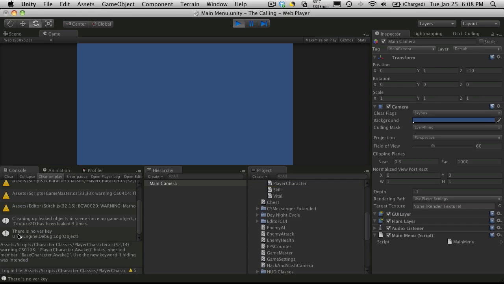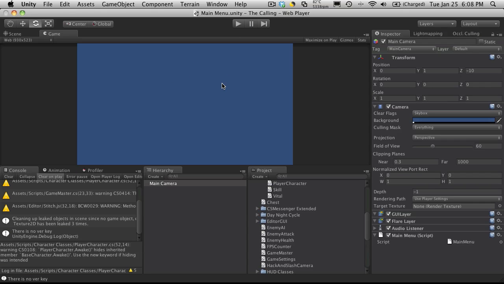And the first thing it does, it checks, it says there's no version key. And there shouldn't be because we haven't actually added that yet. But this video has already gotten long,